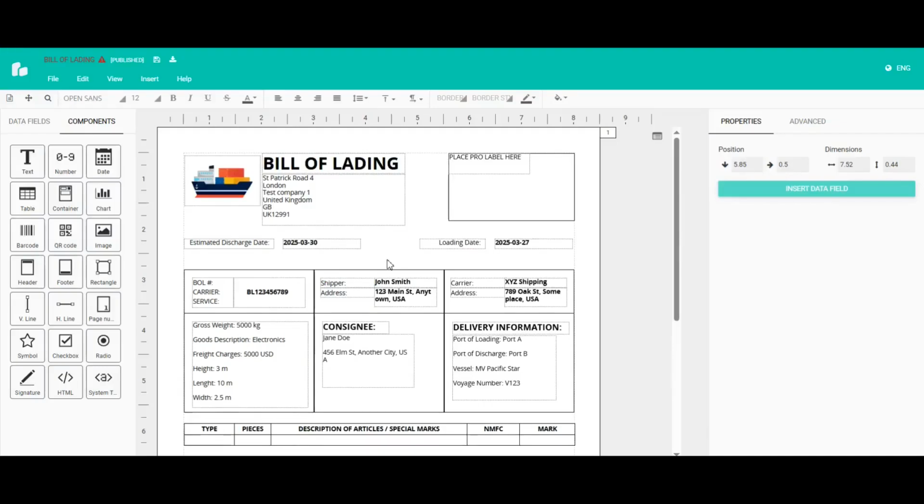Hello. In this video, we would like to show you how to use the table component, which allows you to iterate over a list of data. This component makes it easy to display and organize your data in a clear, structured table format, whether you need a simple static table or a dynamic one that adjusts to changing data, providing an effective way to manage and